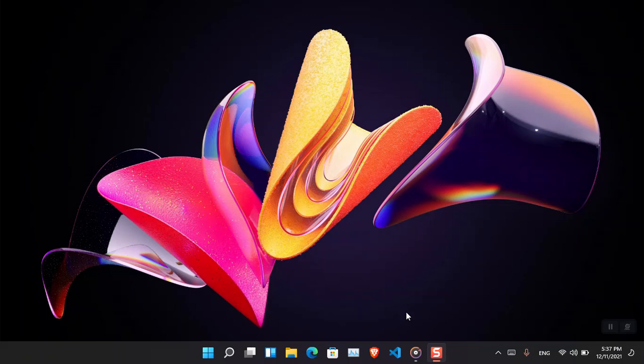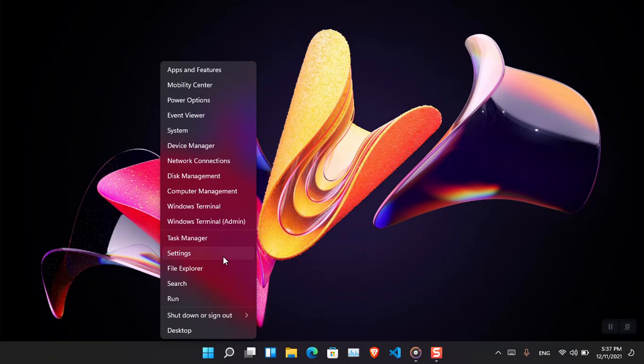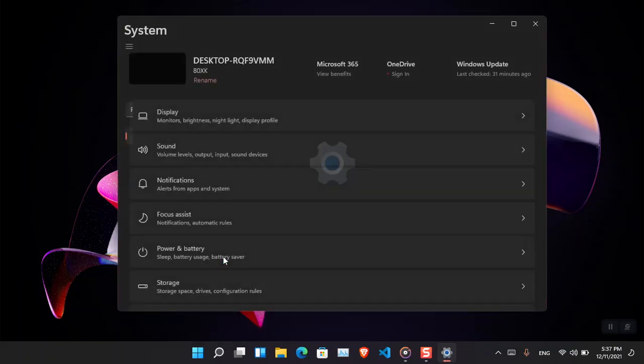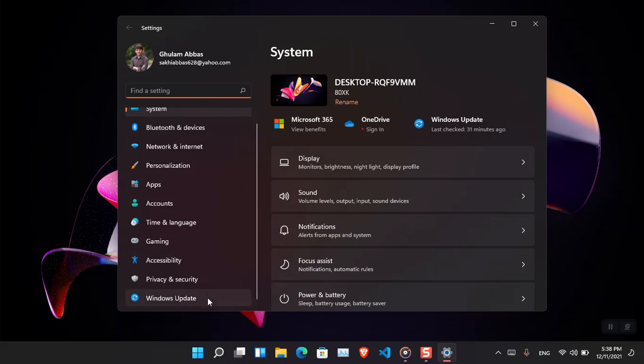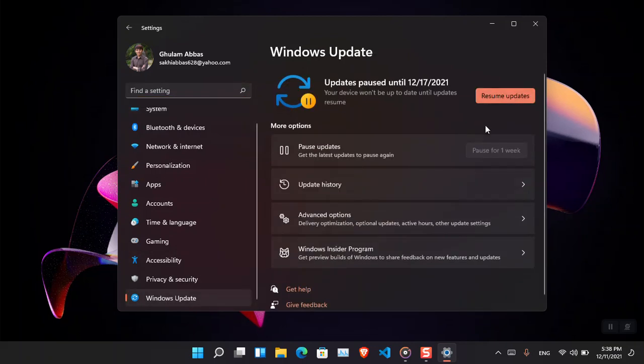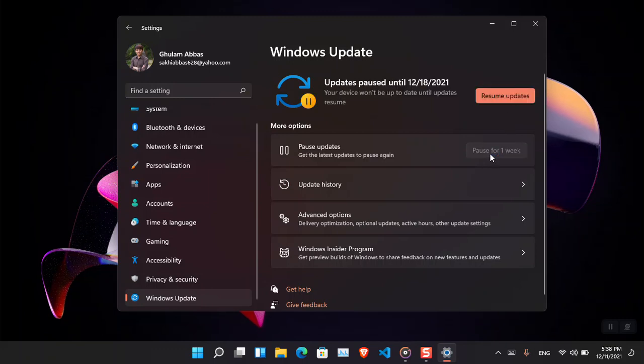So let's begin the process by the temporary steps. The very first step is right click on the start menu and choose the settings. Or you can simply press Windows I on the keyboard and the settings will open. From there you have to choose Windows Update, and now you can see that for now I have already disabled the updates. If I want to enable the updates again, disable the updates temporarily, I'm going to click pause for 1